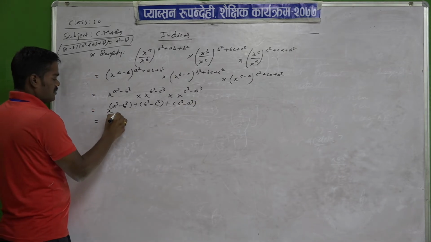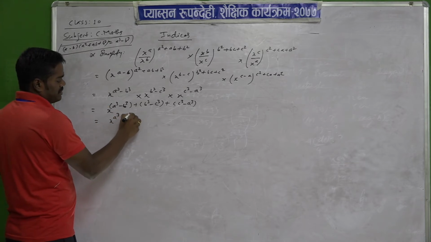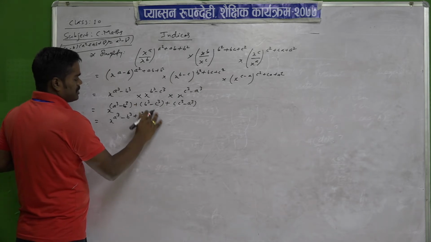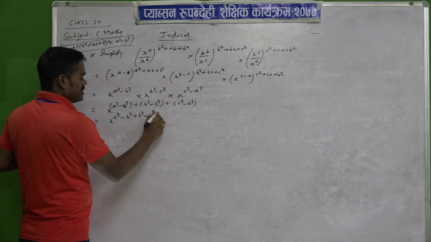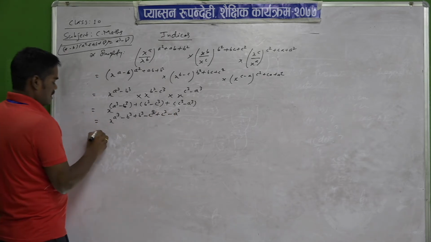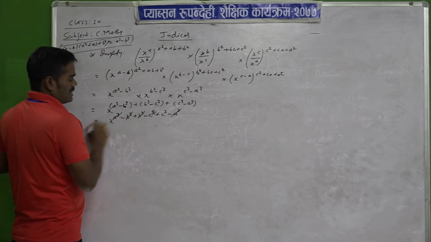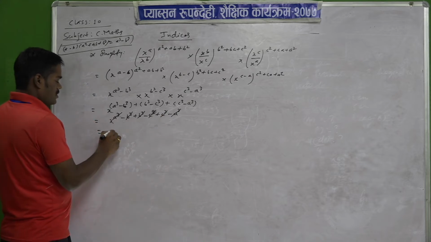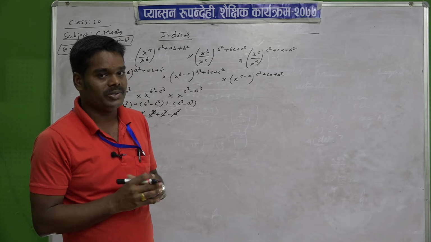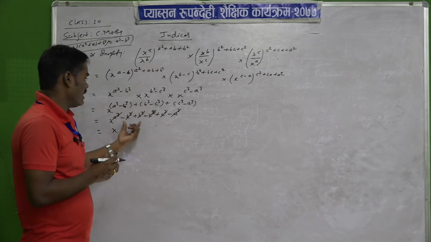Then you know here plus sign, so plus into plus is plus, plus into minus is minus. a cube minus b cube plus b cube minus c cube plus c cube minus a cube. Now see there, a cube plus and a cube minus cancelled, b cube minus and b cube plus cancelled, c cube minus and c cube plus cancelled. So what is left? If they are cancelled by subtracting, then the result will be 0. If any numbers are cancelled by dividing, then the result is 1. So here they are cancelled by subtracting.